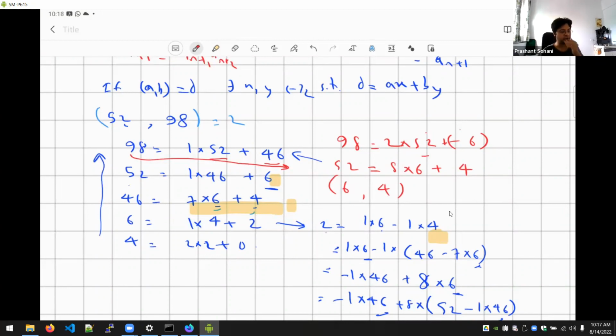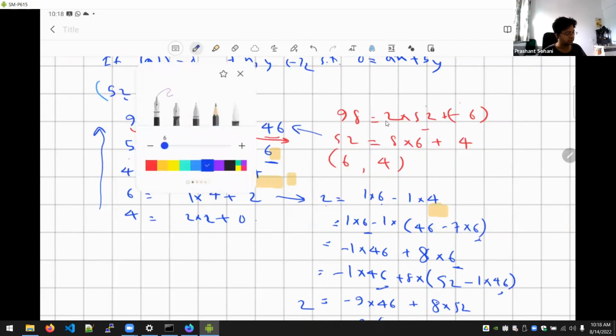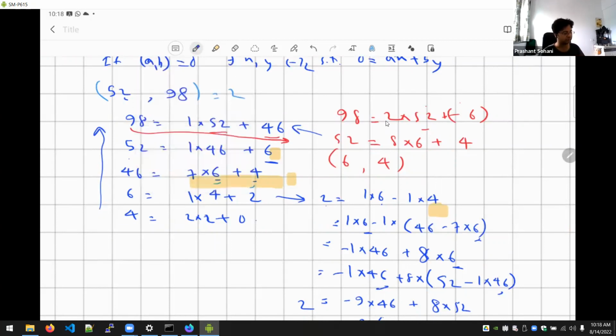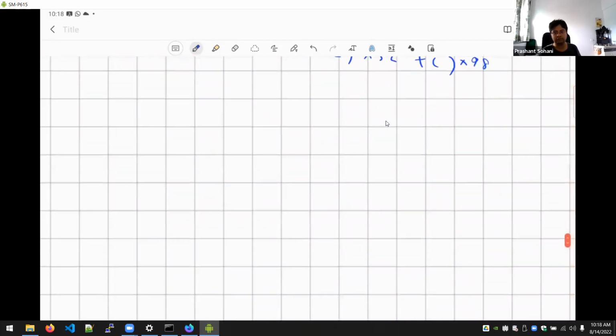Okay, so basically this is how you can find the initial solution of the linear Diophantine equation. And then from that, I think the theory which we already studied, we know how that works. Okay, so I think I've covered everything in chapter 2 now. If there is anything left, let me know. But with this background, you can solve most of the problems of chapter 2. If you get stuck in any questions, you can post your solutions on WhatsApp. We'll take a look. So then moving on to congruences.